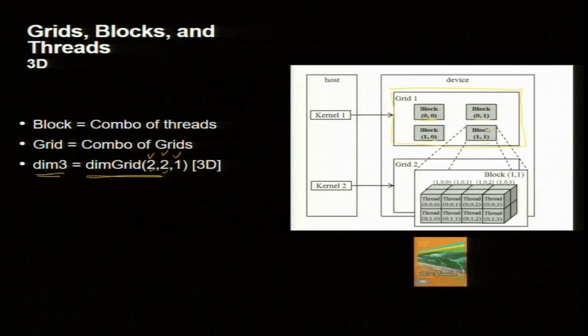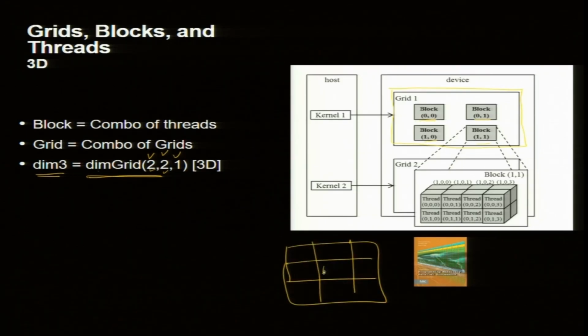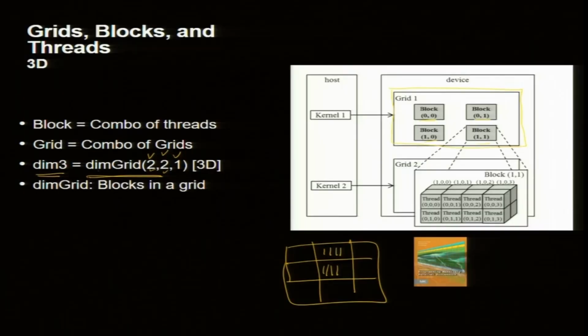So, 4 blocks. If you are doing a 2D simulation, it is a good idea to think of a 2D grid. I have a big array, I can divide it into blocks first, then within blocks there will be threads. Indexing is natural, ij, so you can use that index, though the data is basically stored as 1D, but you can visualize it as 2D for your convenience. And dim grid gives you blocks in a grid, and there can be more than one grid.